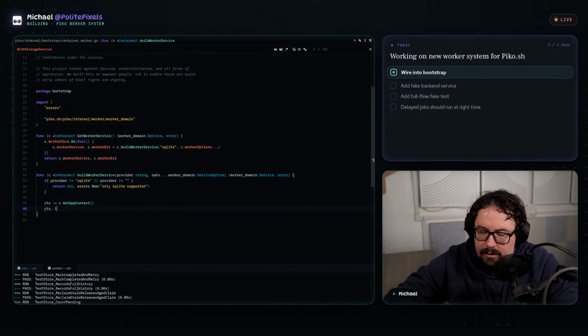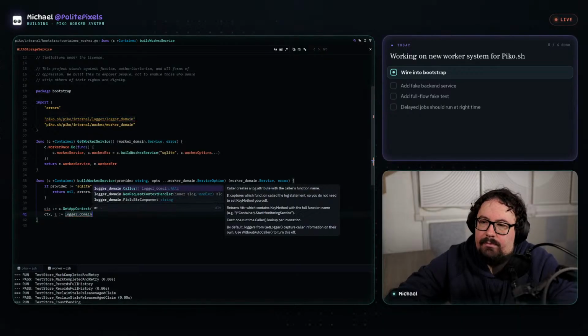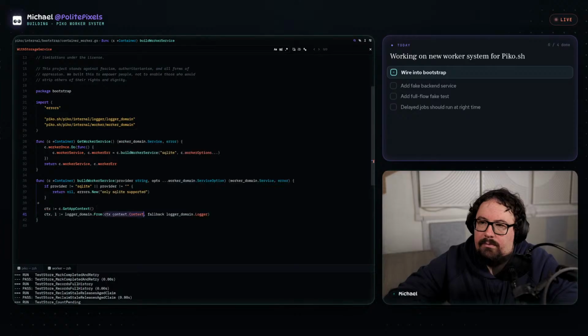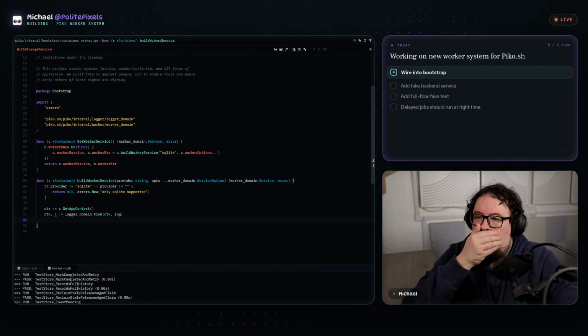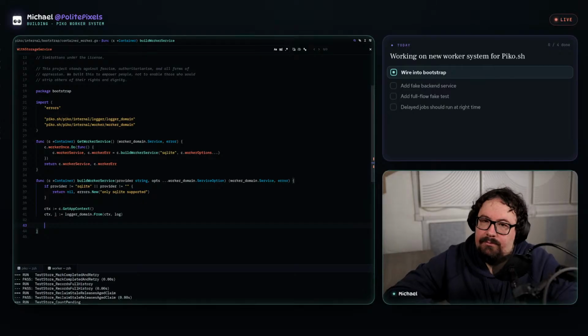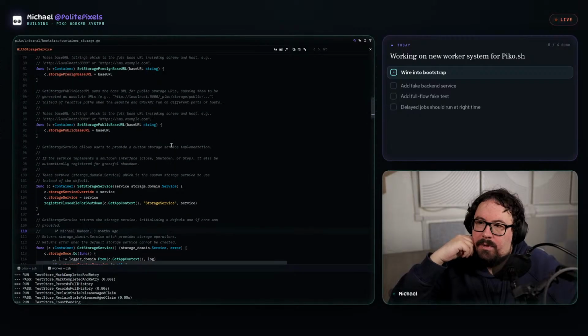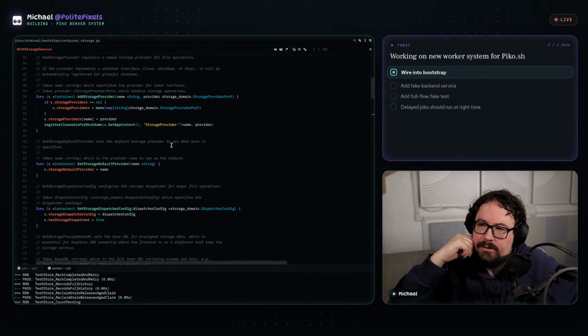And then we can get a logger. What's the way that I handle clock in other places?